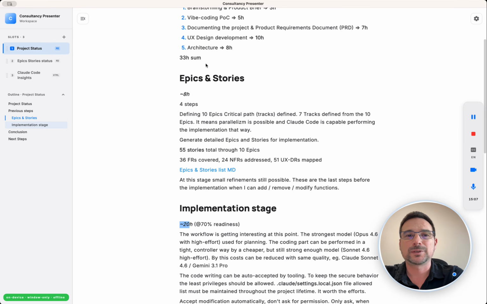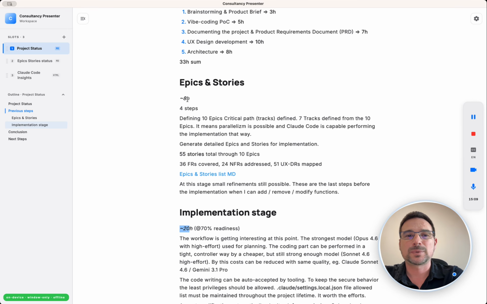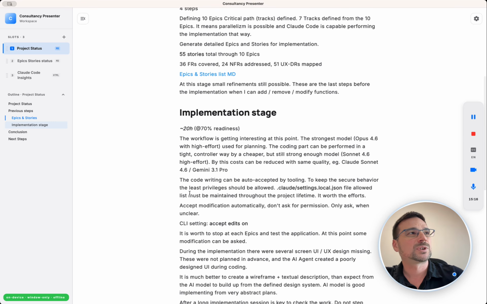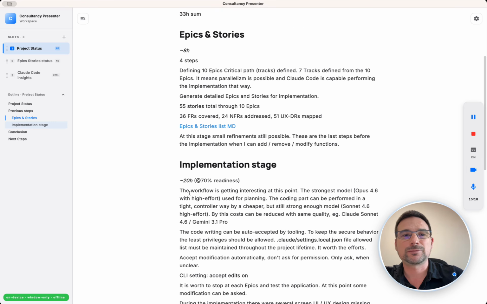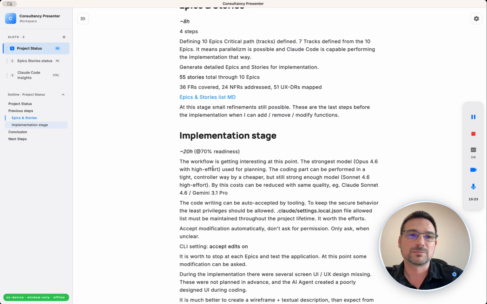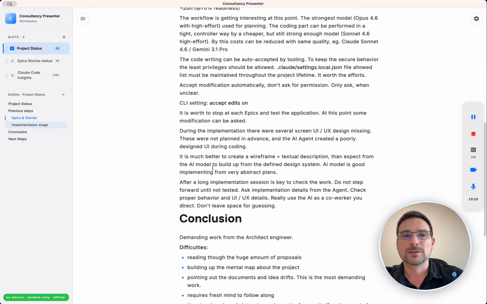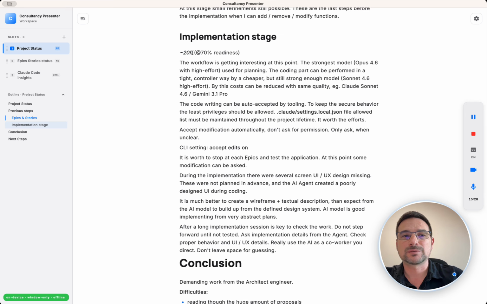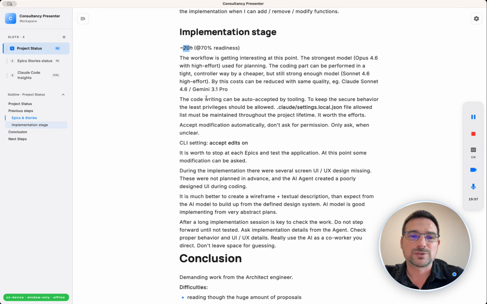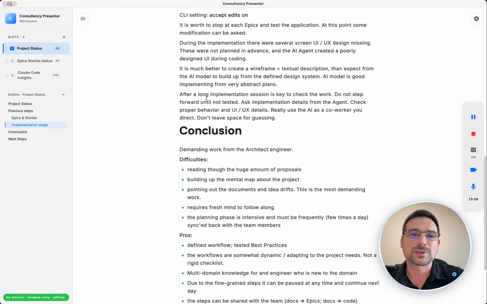Compared to 30 plus 8, 33 plus 8, 40 hours for document writing, it's roughly two-thirds, so about 60-70%. Of course, with the coding I'm not done yet, so I expect to double it. Even with that, it will balance out to about 50-50 percent,